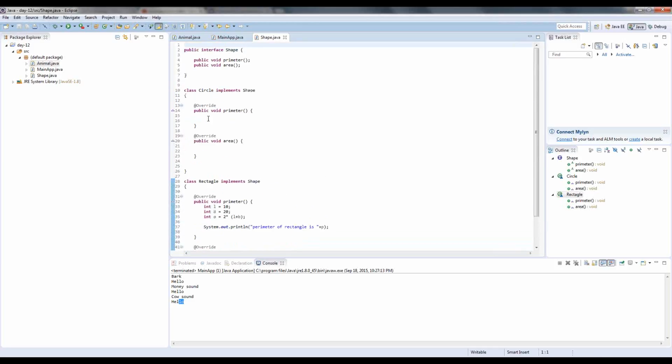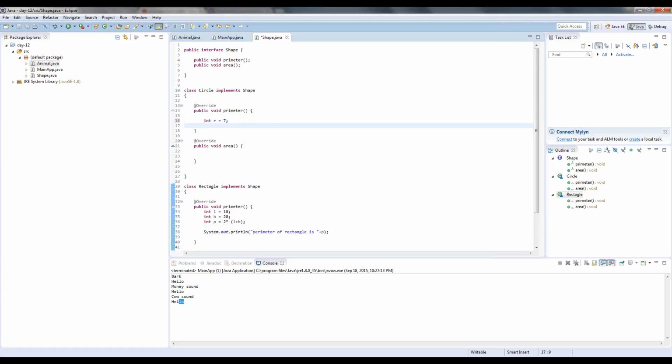Similarly, you can have int r equals 7 and perimeter 22 by 7 into